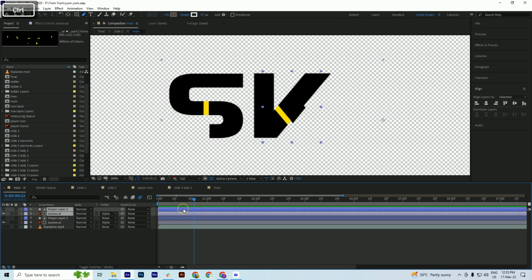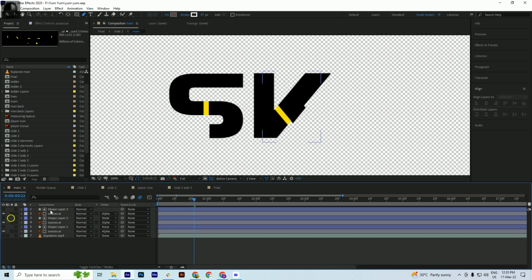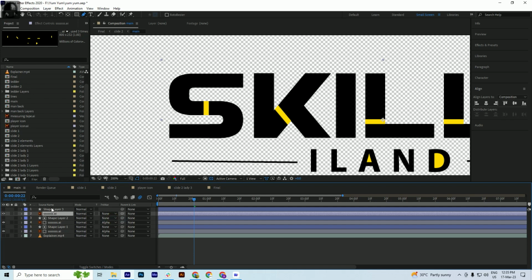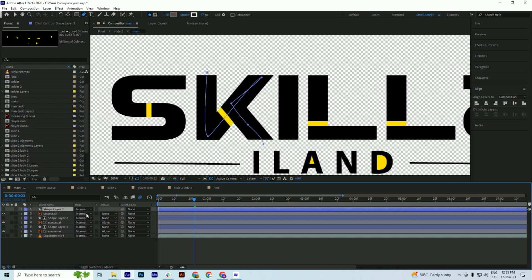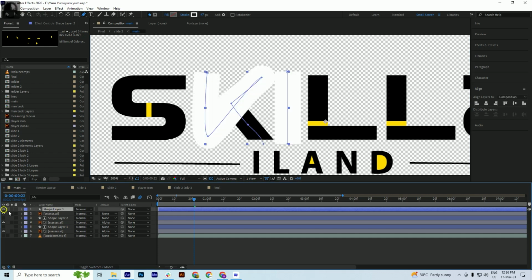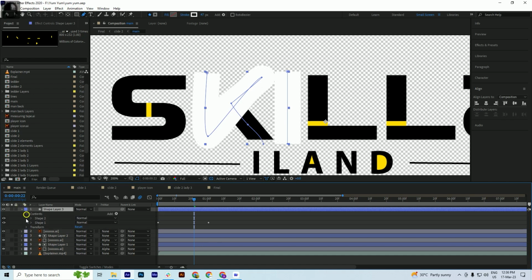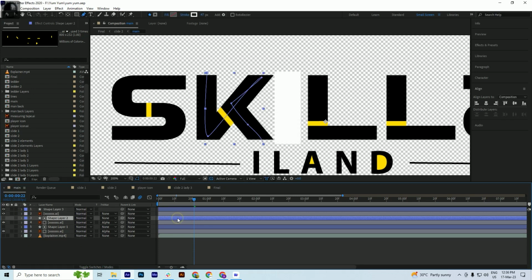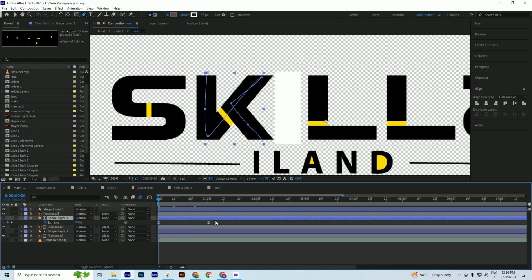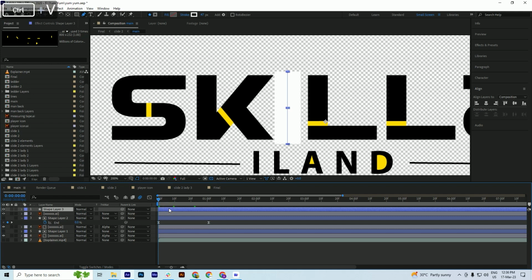This is it. Also I am going to do the thing I was talking about with a new shape layer. In this I am just creating a new shape here like this. Okay, this is my shape created, and I am now opening the content and deleting shape one. Also I am going to open the properties of trim path here, copy these keys and paste these keys here, and again